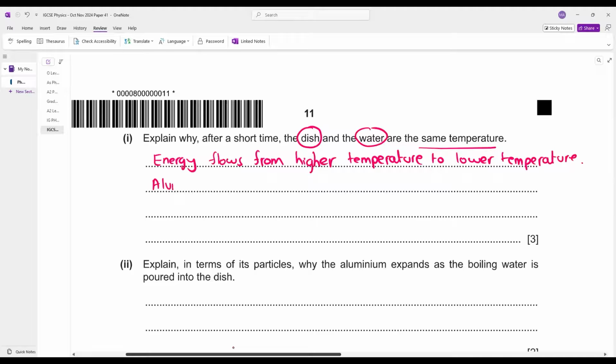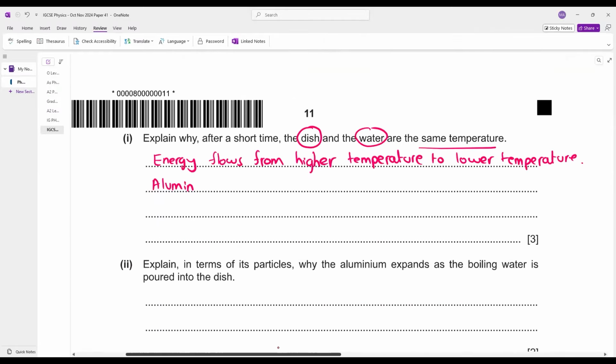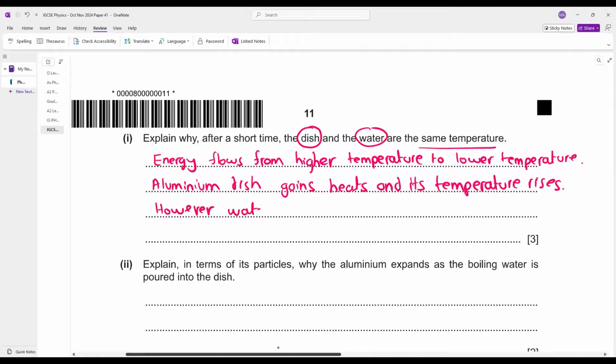Aluminium dish gains heat, and its temperature rises. Okay. However, water loses heat